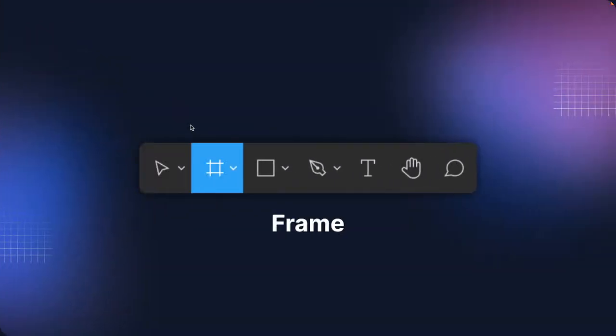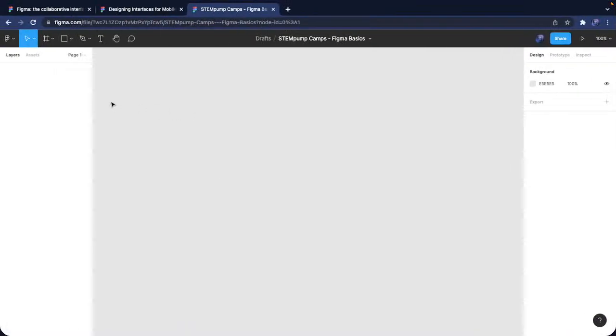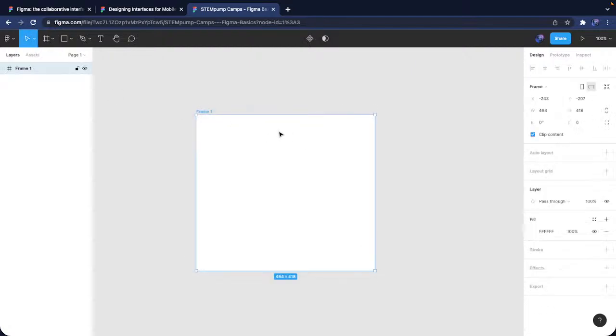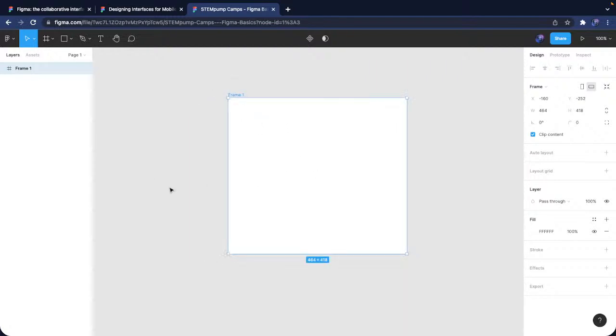Next, we have the frame tool. So frames are kind of this parent container, I guess, of sorts. You can click on the frame tool, and then you can just drag out a box, and this is where we can edit within. And it allows for cool grouping. So let's just leave that there. And you can see on the side we got a lot of different options. We have the frame,